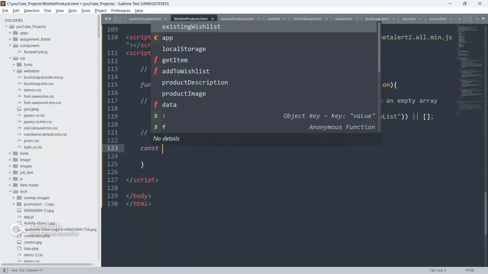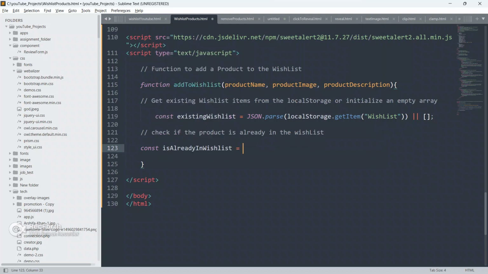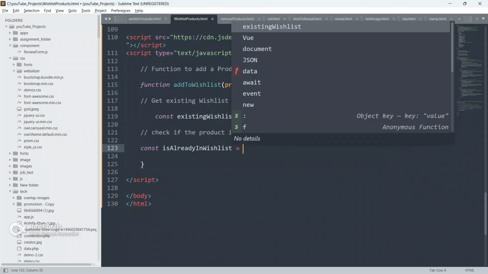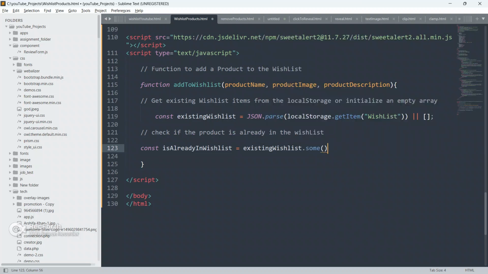So create a const, isAlreadyInWishList, equal to existingWishList.some. As you all know, in JavaScript, some is used to check if something is already in the array or not. It takes one callback function.